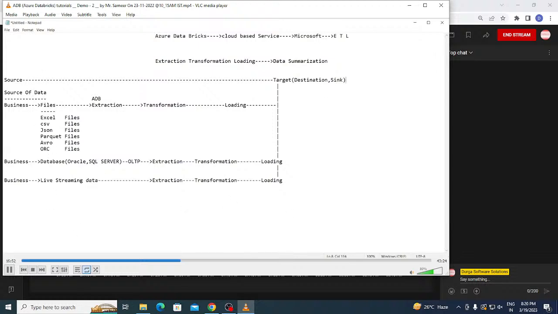So now, can you see here, this is how we get the data. Ultimately, we get the data from various sources. From these various sources, we extract the data, we transform the data, and we load the data into the target. All of this, extraction, transformation, and loading, will be done by using a service. ADB is one service. Likewise, ADF is another service, and you can have Synapse as another service. These are the various services we can use. This is how exactly things work.